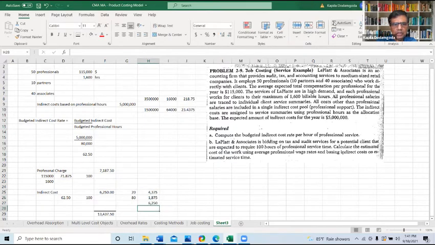When you add the two, overhead absorbed will be, okay, here it came to be the same, but it will not be the same. So there can be a difference in the amount of overhead that is going to be charged. The point here is that we can have a differentiated rate, like a departmental rate. For partners we can have one rate, and for the associate-related scenario we can have a different rate, so that not only the direct cost, but the overhead component also will vary depending on the type of resources involved. So that can be more accurate.